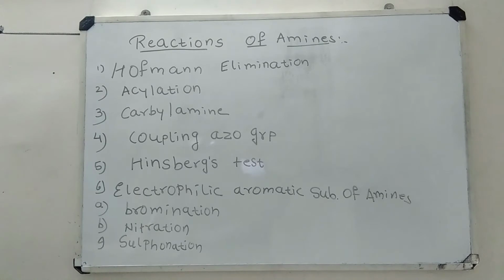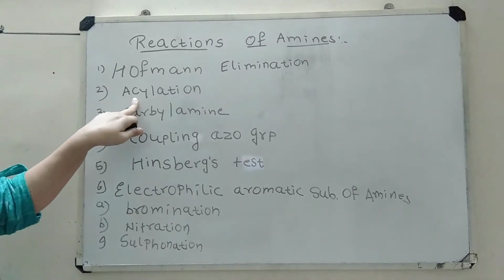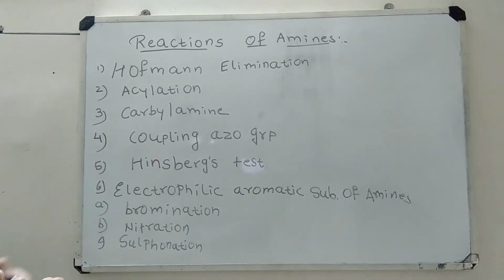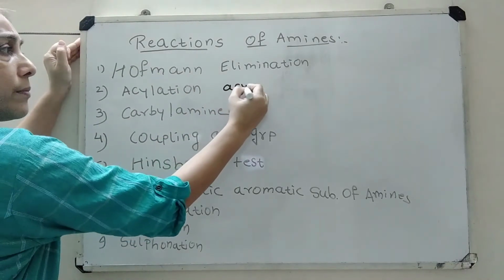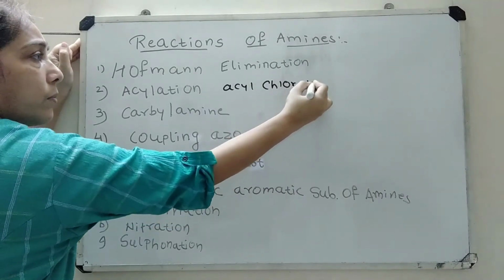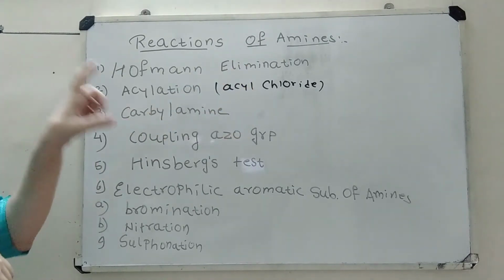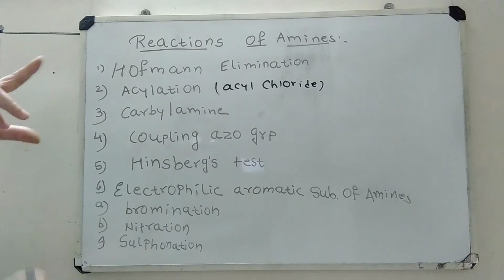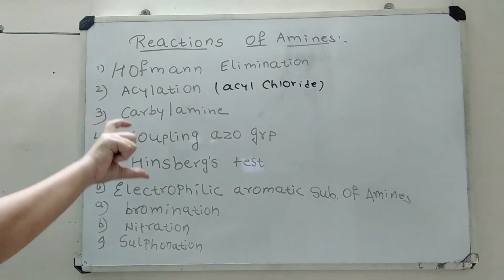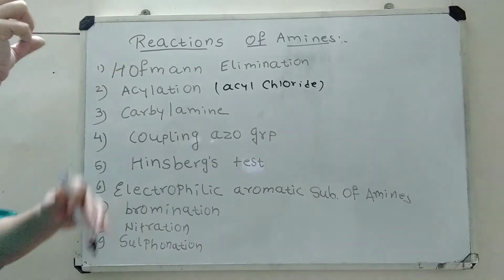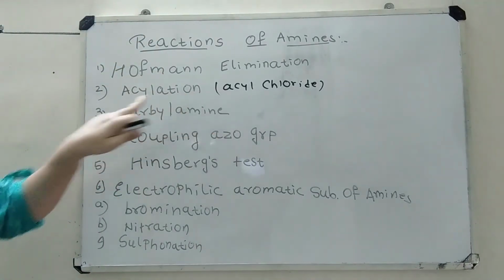Second one, acylation reaction. In acylation reaction, the amine reacts as a primary amine or a secondary amine. Tertiary amine does not give this reaction because no replaceable hydrogen atom is there. Acylation is the reaction with either the acyl chloride or the acetic anhydride, which we can also use. Acyl chloride formula is CH3COCl. Methyl chloride is CH3Cl, and between CH3 and Cl we put C double bond O,